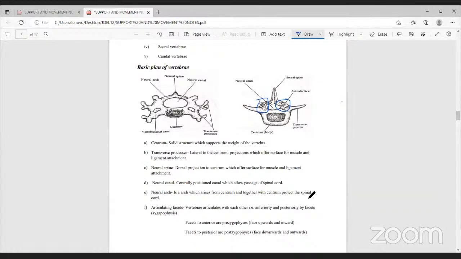Bracket, they face downwards and outwards. Now, there is something that you need to note, and note it clearly. When you talk about any projection, any bone that is projecting or